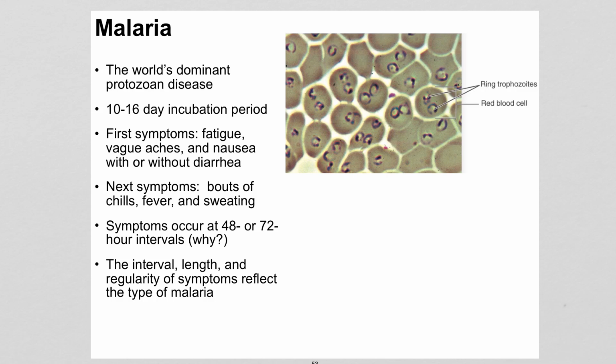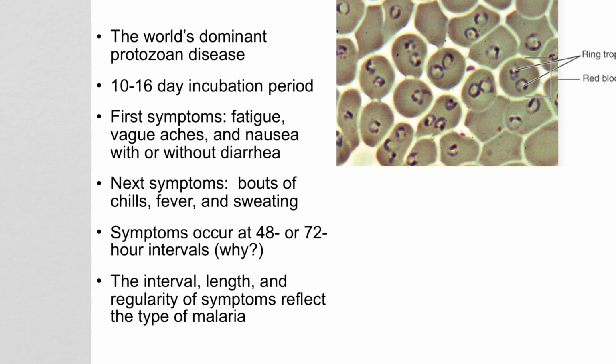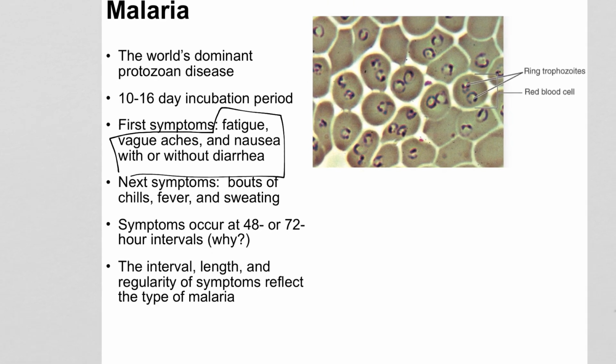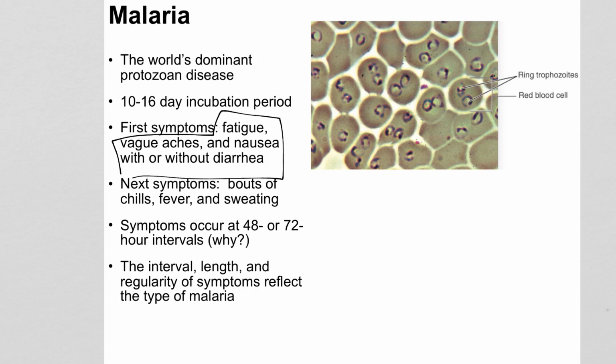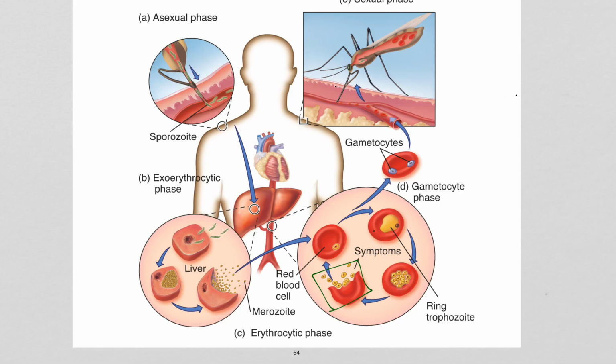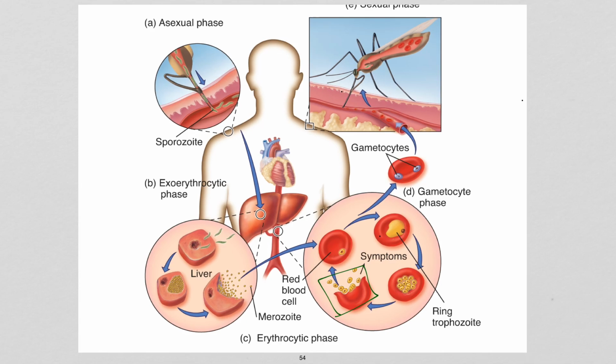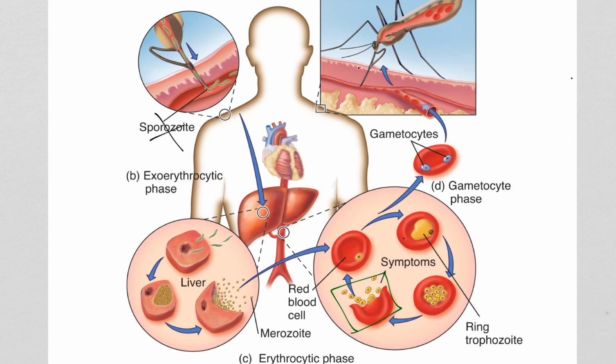So I'll come back to this in just a minute. But for right now, these first series of symptoms, which is basically fatigue and nausea and sort of a general achiness, is different than these repeated bouts of chills and fever that happen every 2 or 3 days. And if you look at the life cycle of Plasmodium, you see it goes through 2 major phases inside the host. The first phase, immediately after you're exposed, and we're not going to worry about names, sporozoite and merozoite and gametophyte, those are zoology terms. What I want you to know is stage 1 in all this,